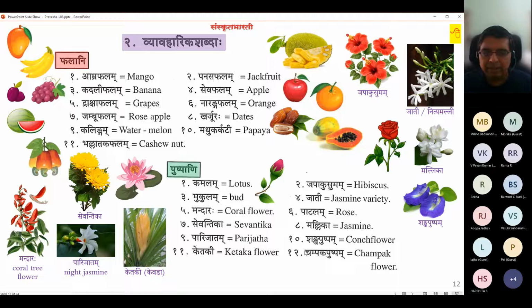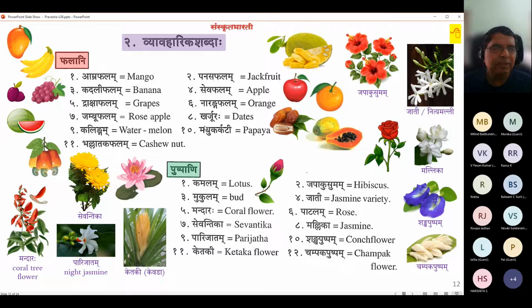Then Champaka Pushpam, Champak flower, another tree flower. Unparalleled smell. It competes with Mallika really in season. And you can keep it in a small bowl. It will smell for 3 days and make everything fragrant. Beautiful. Champak, Champaka Pushpam. There was a Hindu community in central Vietnam, and they called themselves Champas, I think, or something like that. So maybe from Champaka Pushpa, I don't know.